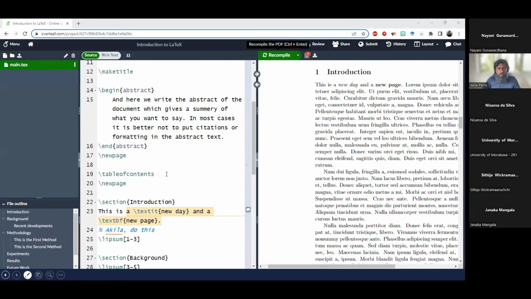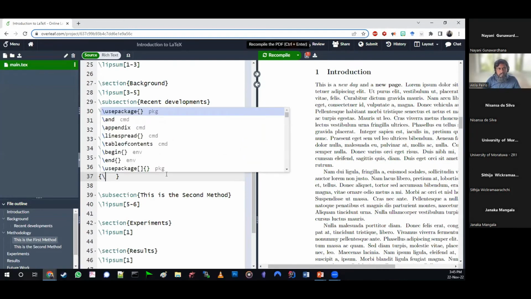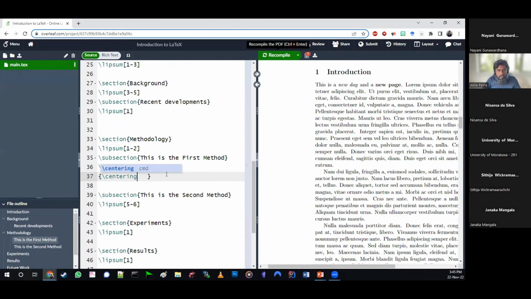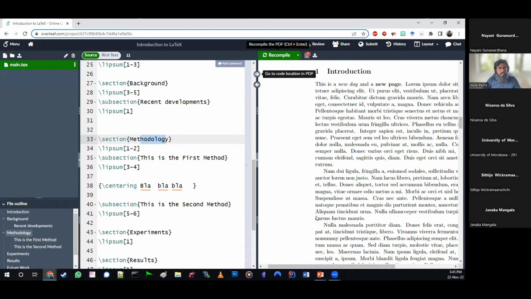You can declare an area where the document is centered or left aligned and so on and so forth. So I'm going to type centering, blah blah blah. Let's jump to our methodology, and it is below 2 lipsums, so it should be somewhere around here.